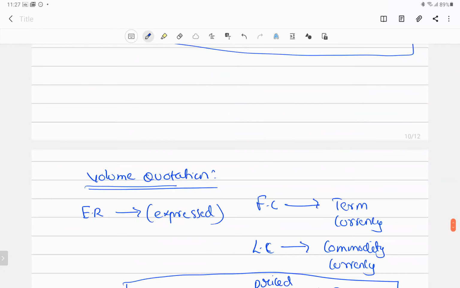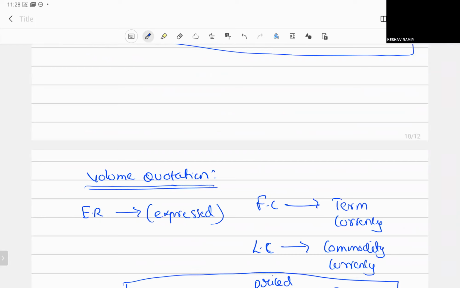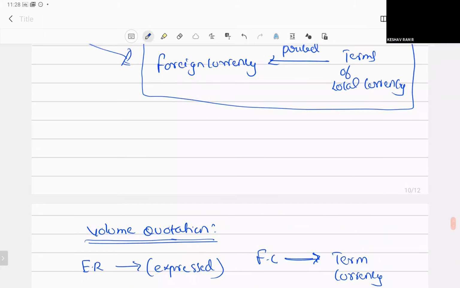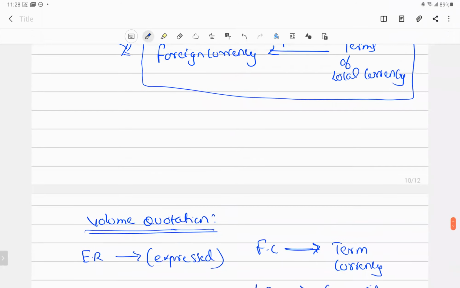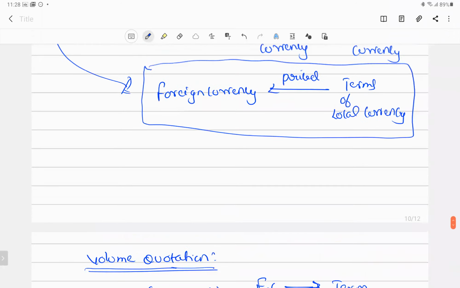Yes. Can we say volume quotation is indirect quotation and price quotation is direct quotation, sir? Yes, we can do that. But please don't use indirect and direct. That is only for the theoretical part that we use. When we come into the market conventions, we have to see only the price quotation and volume quotation. But as per our interpretation, we can take the same way for direct and indirect.